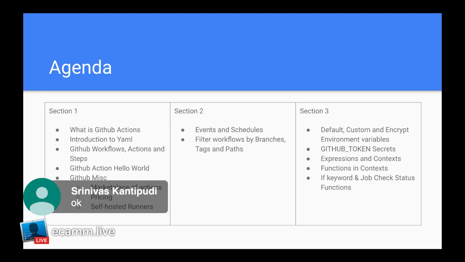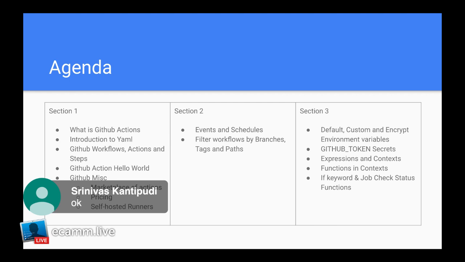YAML is a standard way of sending and receiving data these days. So we are going to see what YAML is and how we create YAML. And then we are going to see, as I mentioned earlier, GitHub workflows, actions, and steps. Don't worry, we are going to see these in detail. And then we are going to see a couple of hello world examples, and then we'll wrap up this